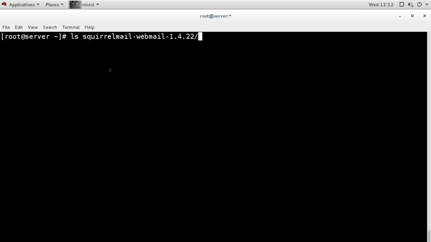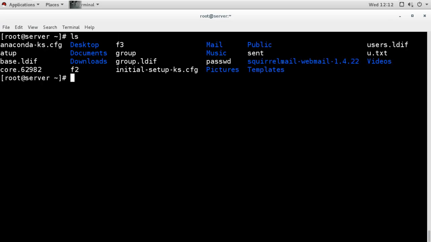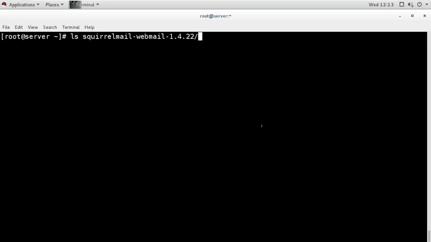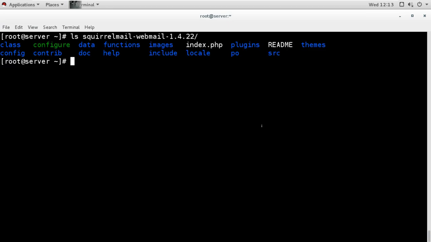This is the directory. After extracting the tar file, we get this directory, Squirrel Mail, and in that directory we have all the required configuration and files.